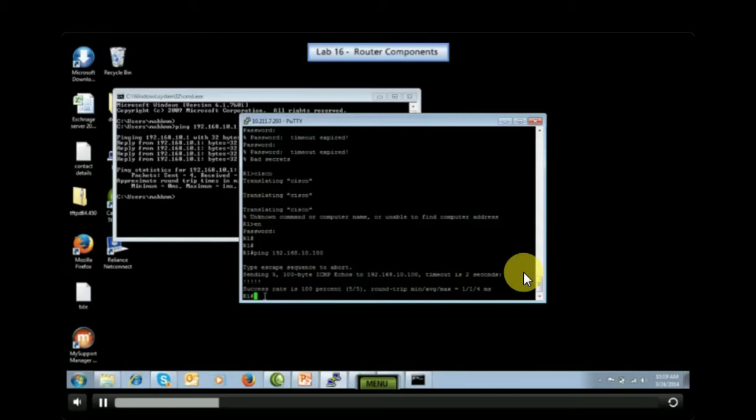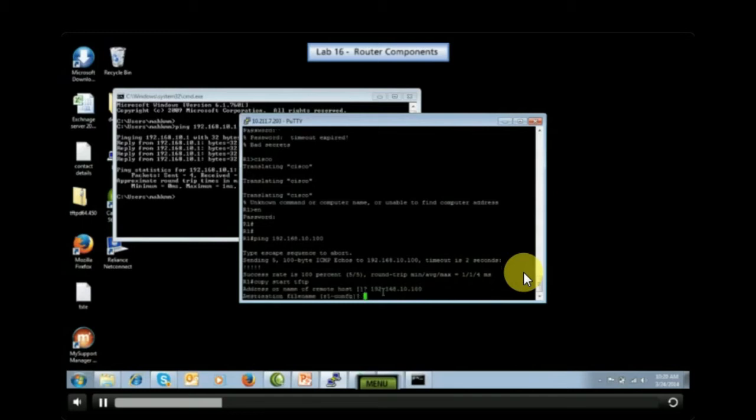After that, you can straight away go for copy start to TFTP. It is asking for the address or name of the remote host. Let us give 192.168.10.100. Then the destination file name.